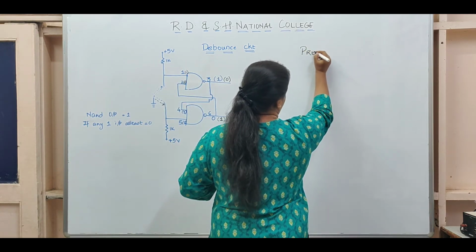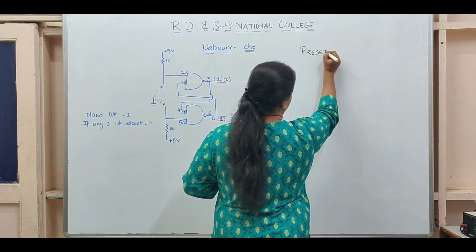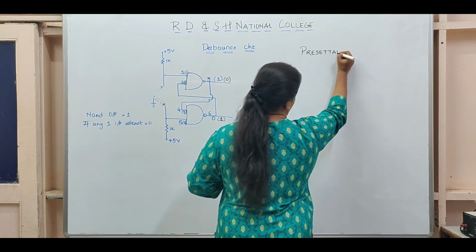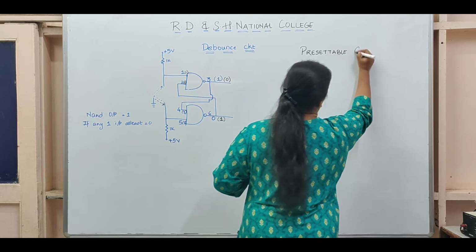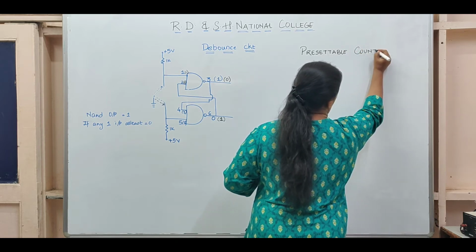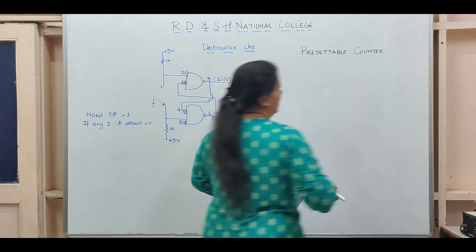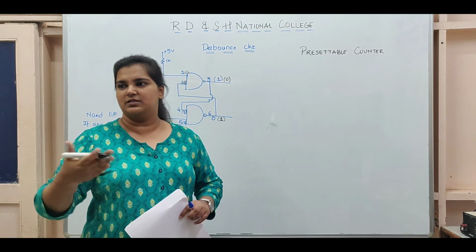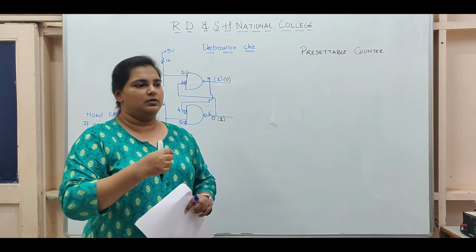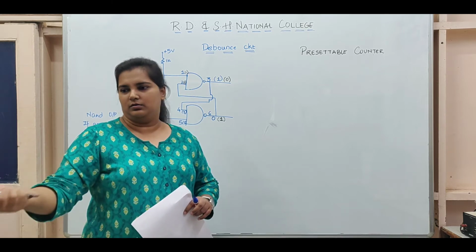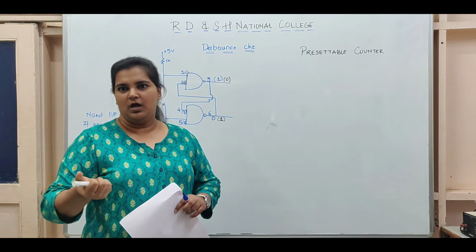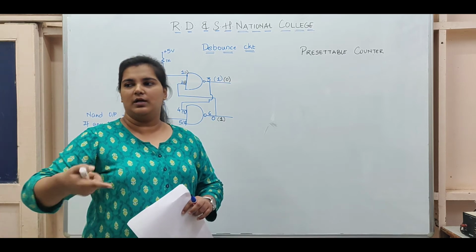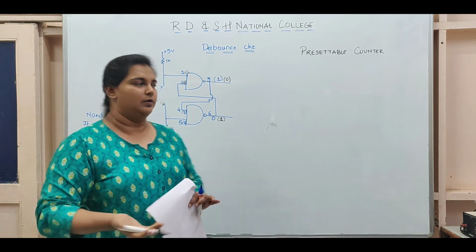So like in every experiment, we will first understand what the name of the experiment means. You all are very clear with what a counter does. A counter is anything which will count the number of pulses received. For example, even your Google watches count the number of steps. So in a way, it is a counter.